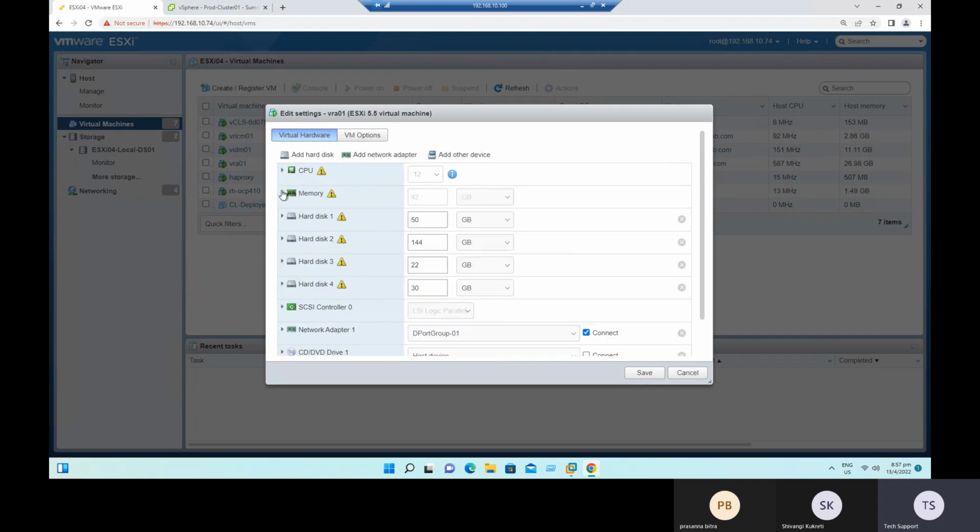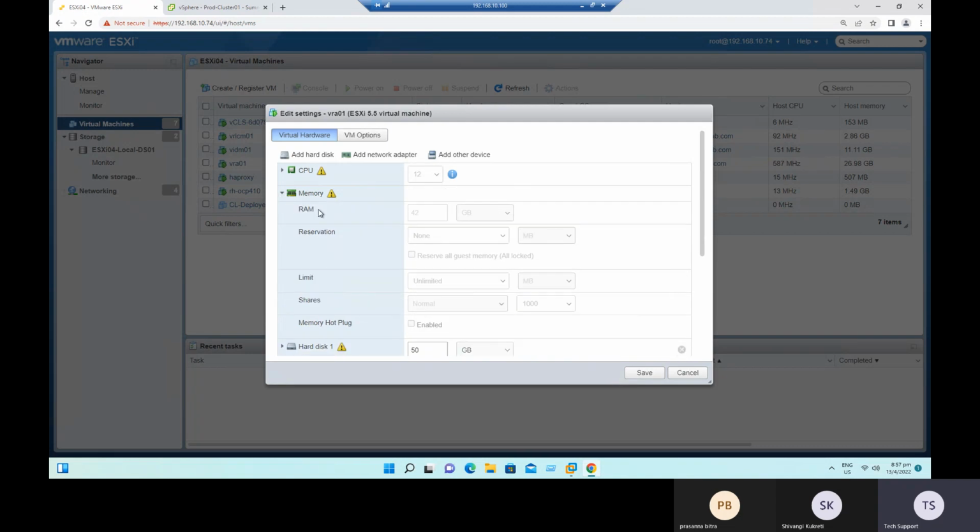And similarly, if I expand the memory also, you can see the memory value. The current assigned memory for the vRA VM is 42 GB, and we have reservation, limit, and shares. So reservation and limit for the memory, the only difference is we have megabyte or gigabyte as the memory units. Okay, and before going deep dive into these settings, let's try to verify the same settings at the vCenter